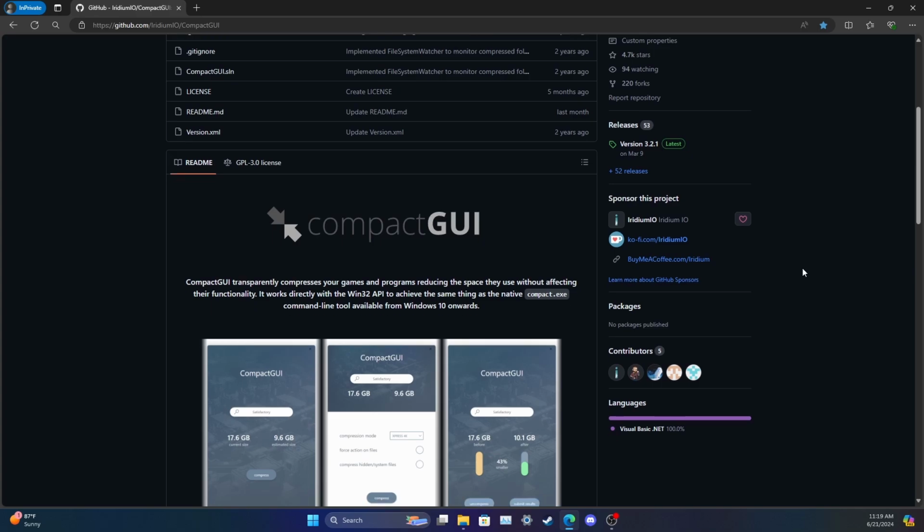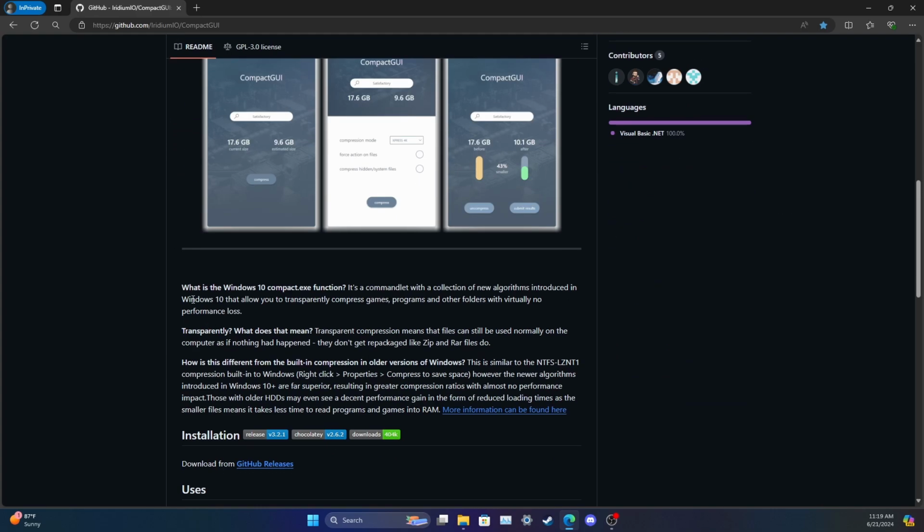So you can read all this information in the README file. However, the most important thing is right here. So it's already built into your system. You're not really downloading an application that isn't really part of Windows, other than the fact that it's just a graphical user interface for the part that's in Windows. So here we can talk about this. However, once again, I already kind of went over that, where you're still able to access the files even when